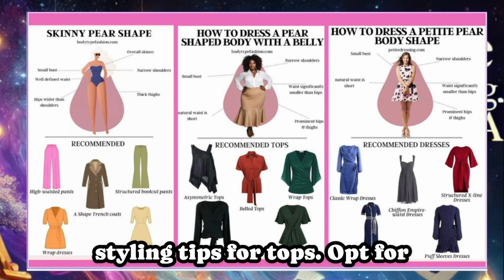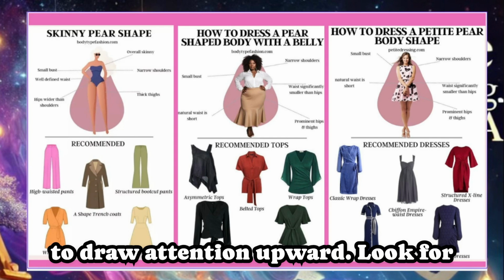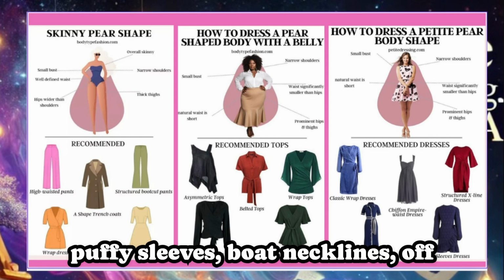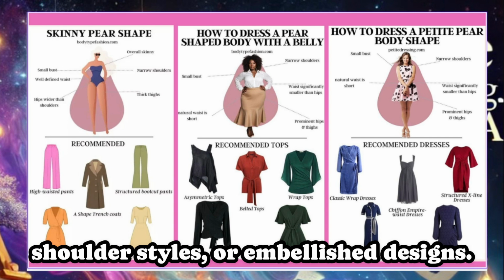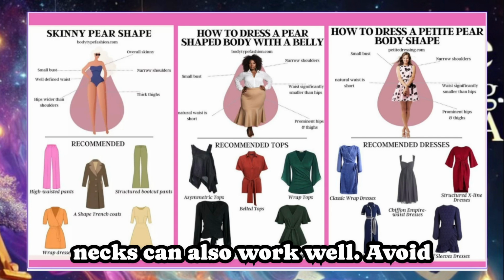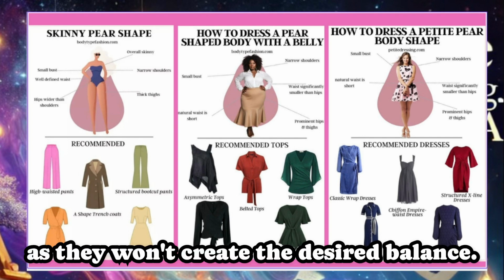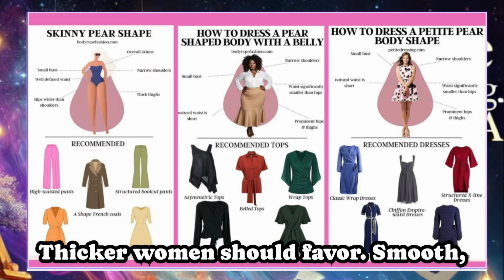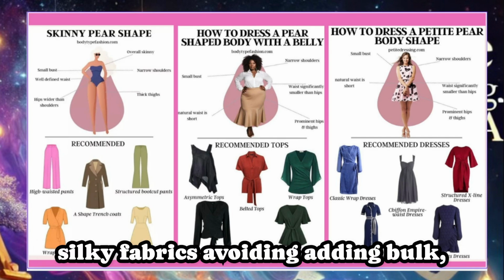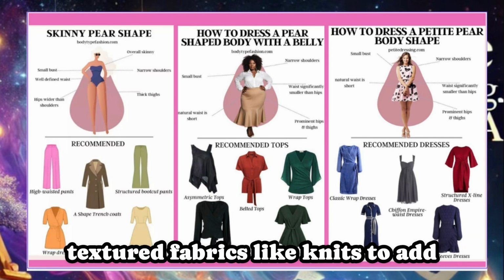Styling tips. For tops, opt for structured and detailed tops to draw attention upward. Look for puffy sleeves, boat necklines, off-shoulder styles, or embellished designs. Thick straps or halter necks can also work well. Avoid tops that are too tight or plain, as they won't create the desired balance. Thicker women should favor smooth, silky fabrics, avoiding adding bulk, while thinner women can experiment with textured fabrics like knits